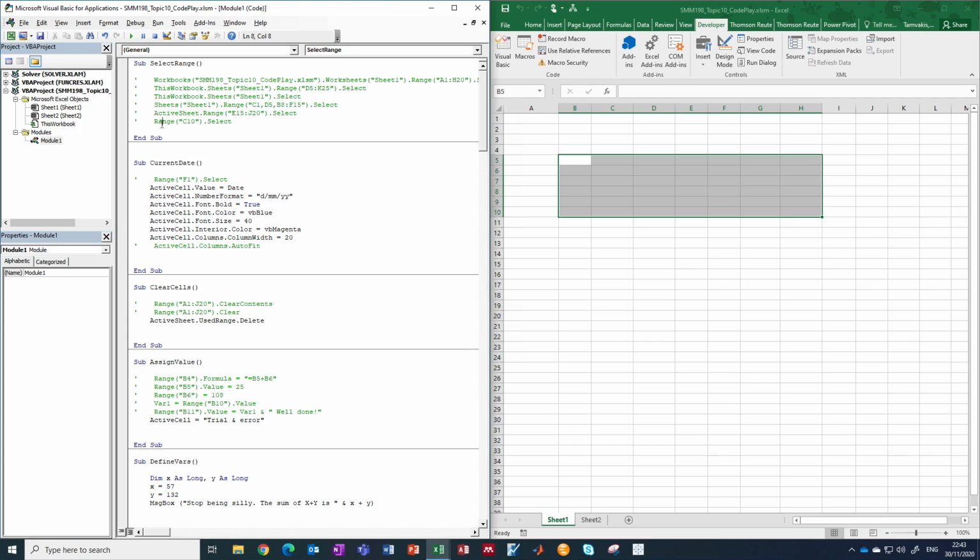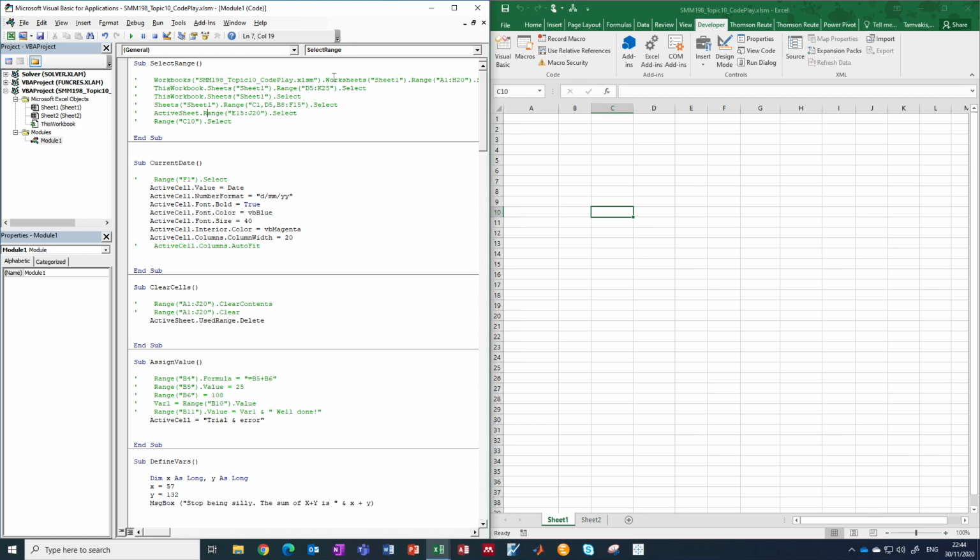And you will see the final thing, wherever you are in the active sheet, you can simply say range and specify the range. So if I comment that line in and run it, you're going to get cell C10. So this is the easiest way. If you want to run something on the specific sheet you find yourself, you don't even have to type ActiveSheet. Just make sure that you are on that sheet, and then just simply select the range you want to select. I'm commenting this out, and just a very quick recap about the hierarchy, starting with workbooks,